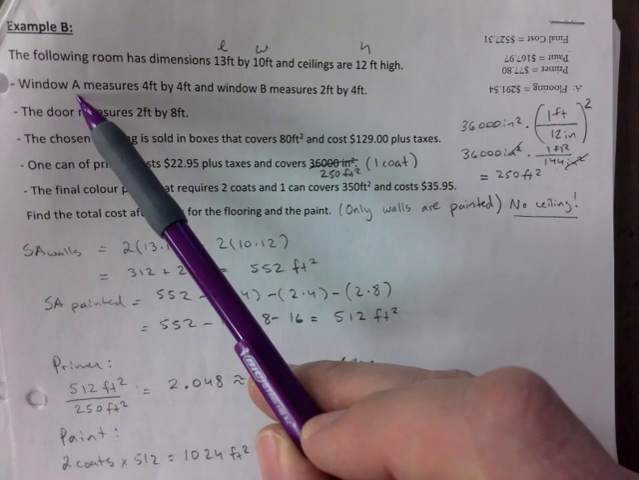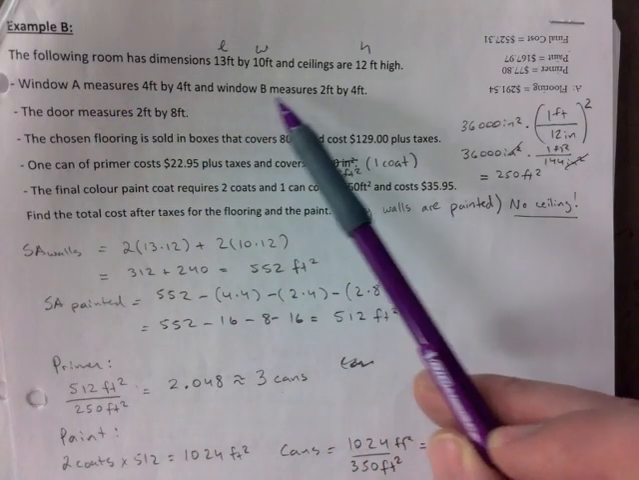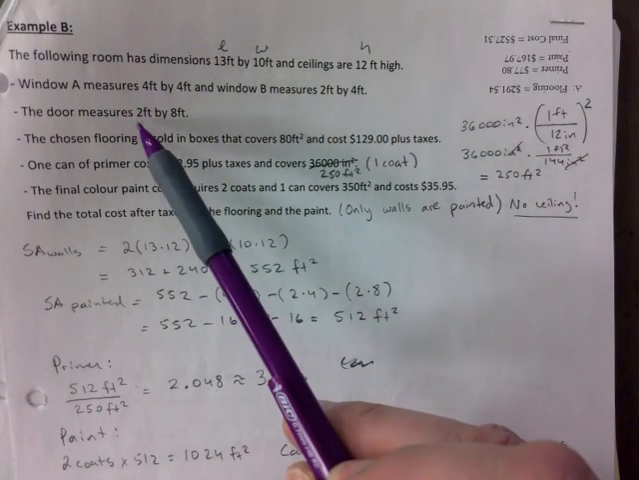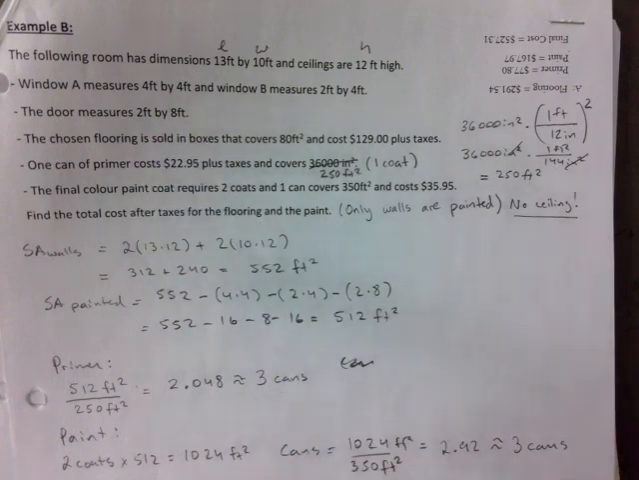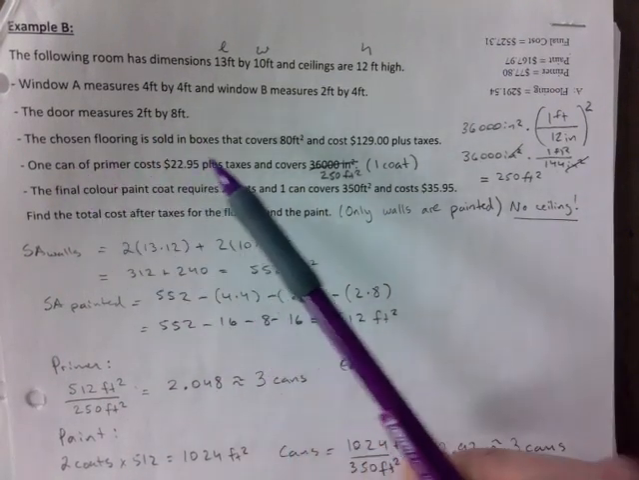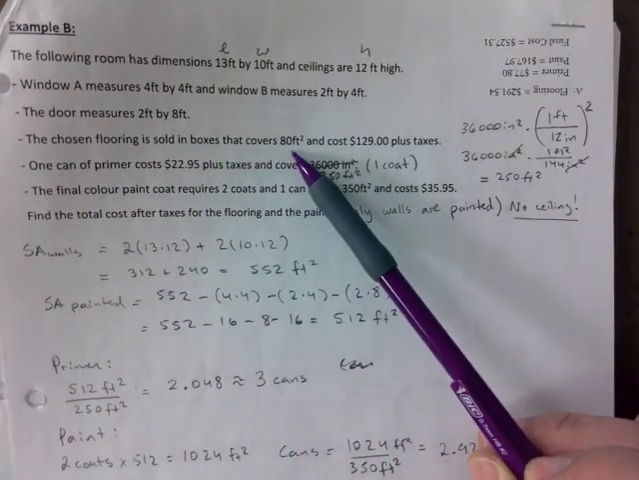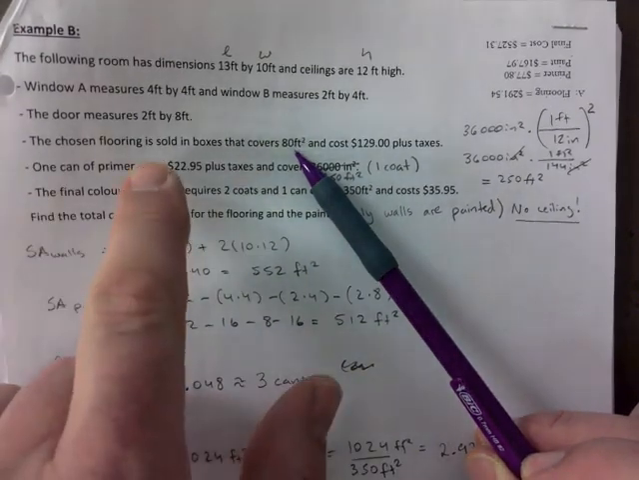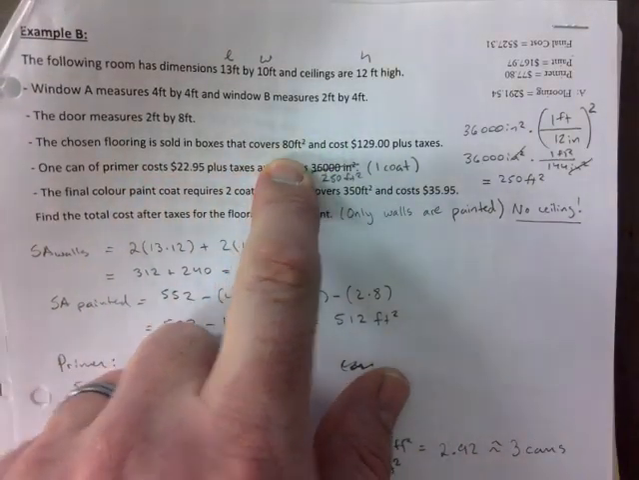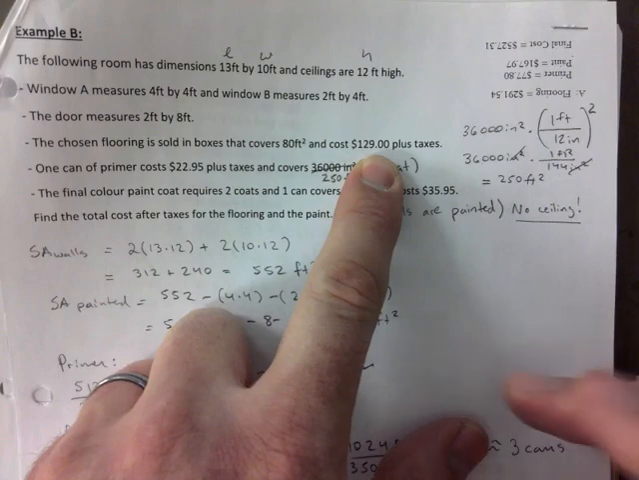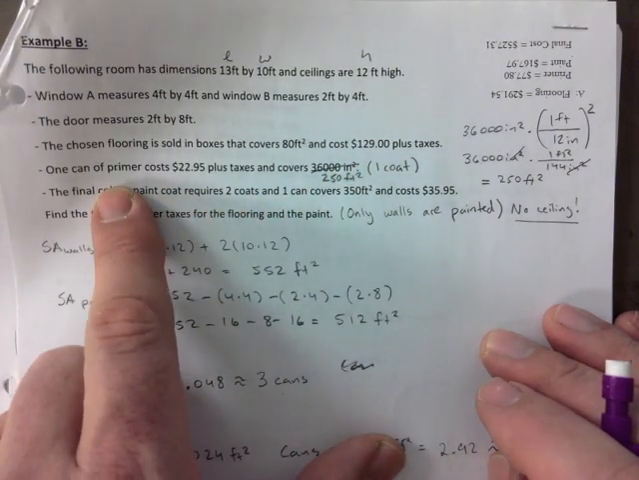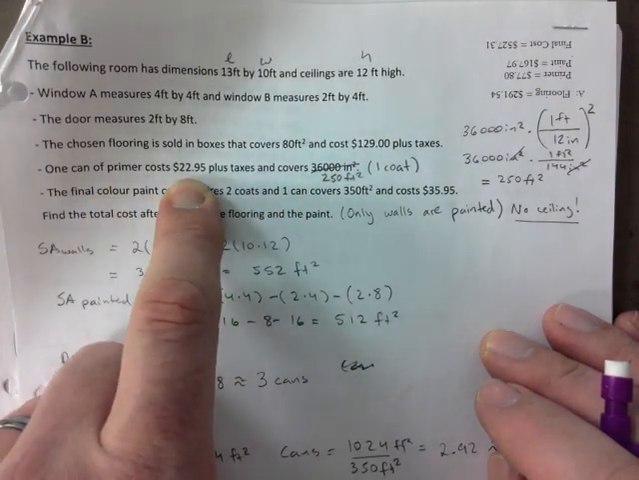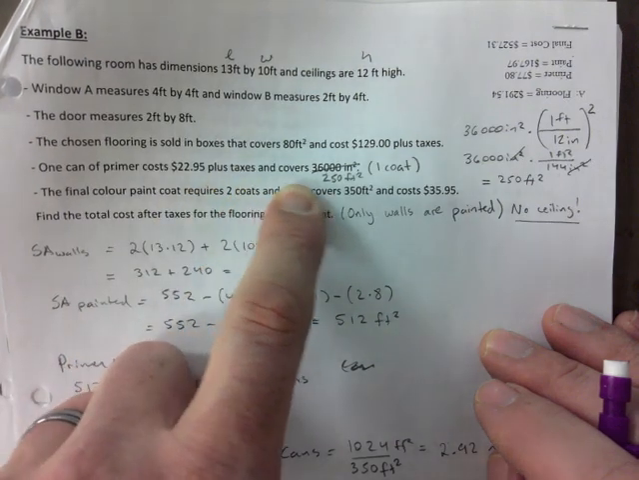Then we have a window A that measures 4 by 4, window B 2 by 4, and a door that measures 2 by 8. Chosen flooring is sold in boxes that cover 80 square feet. So every box covers this much, and it will cost 129 plus tax. Primer costs $22.95 plus tax, and covers